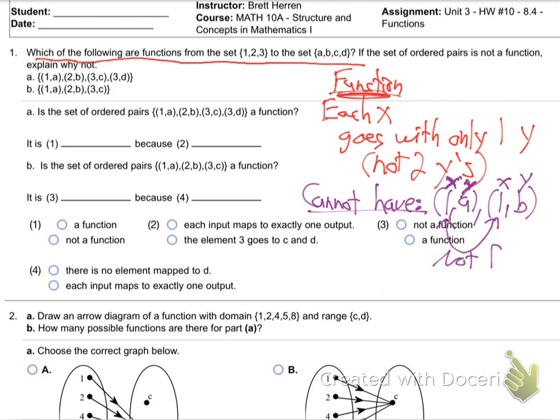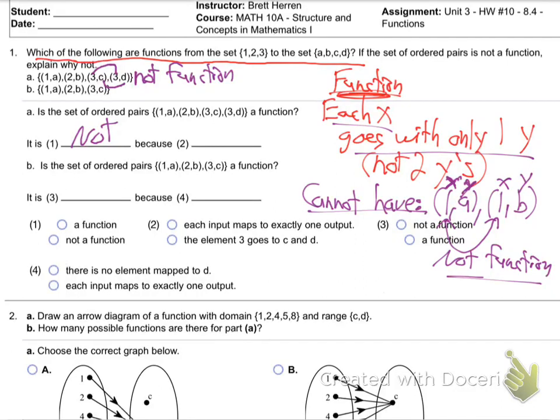This is not a function because it does that. You have the same x going with two different y's. Each x goes with only one y to be a function. Okay. See right here? See how 3 is going with C and with D. So that's not good. That's not a function because that's the same x, 3, same x value, 3, going with two different y values, C and D, right? So is it a function? It is not